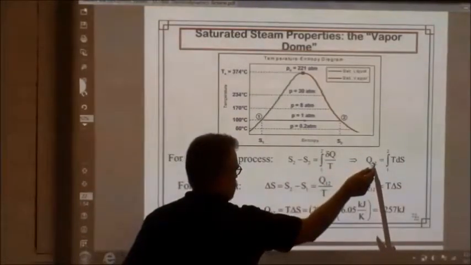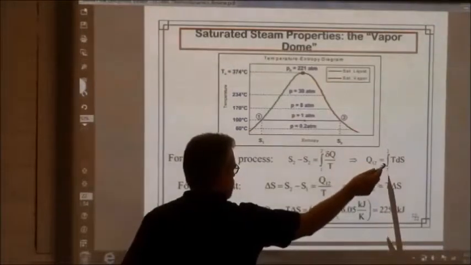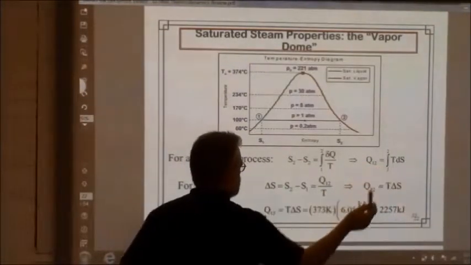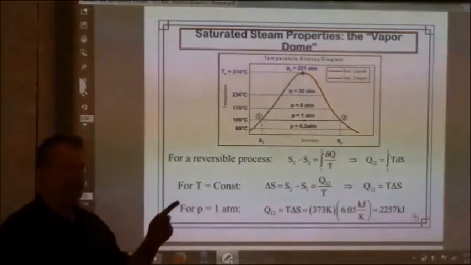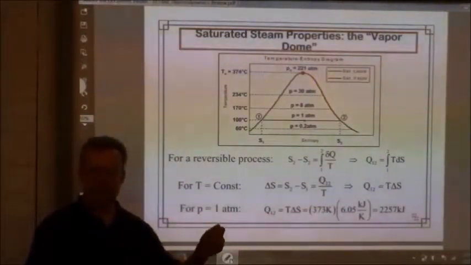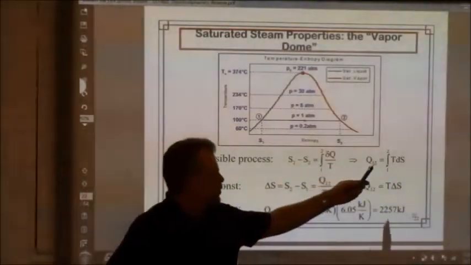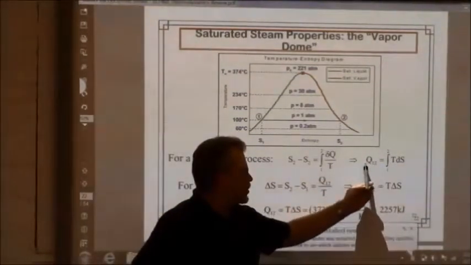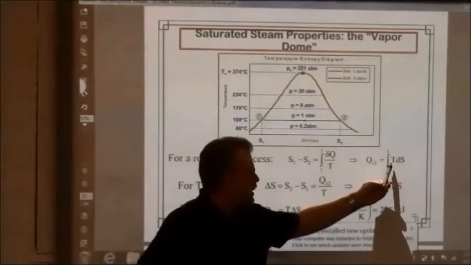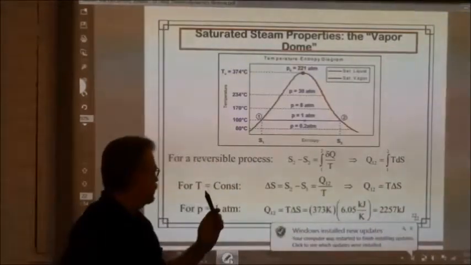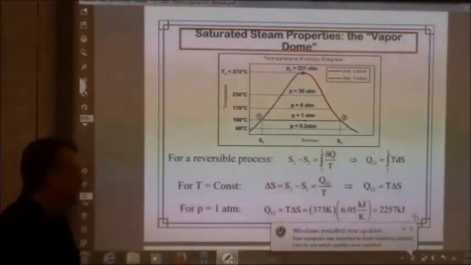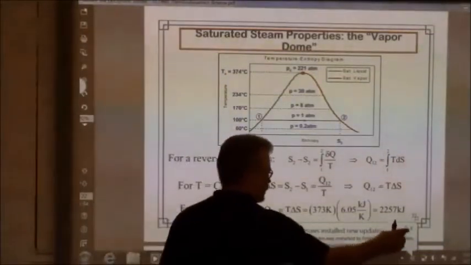So for a reversible process, our second law of thermodynamics becomes an equality where the heat is really equal to the temperature times the change in entropy. This is kind of analogous to the pressure times the change in volume. The heat transfer is an integral of the temperature times the change in entropy. If we're at a constant pressure process,